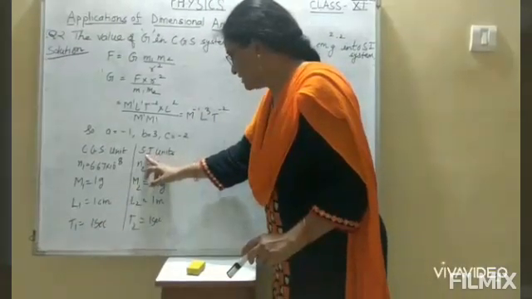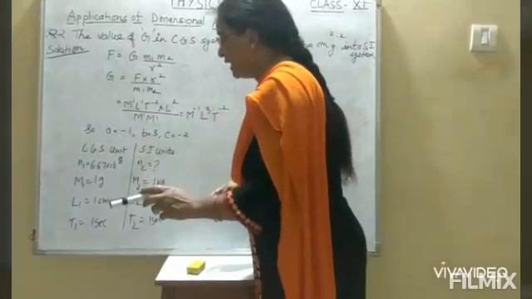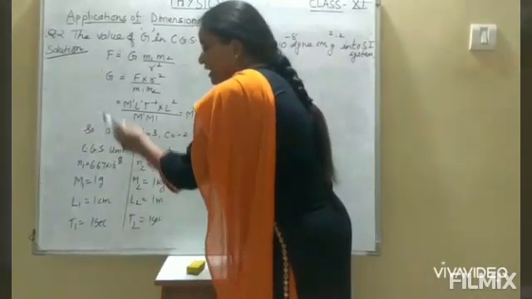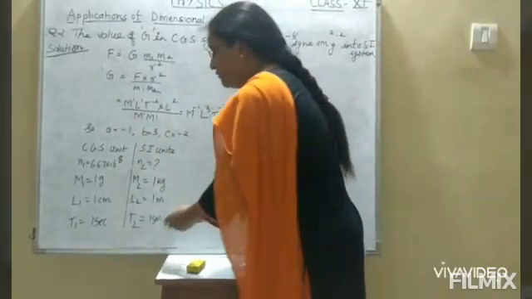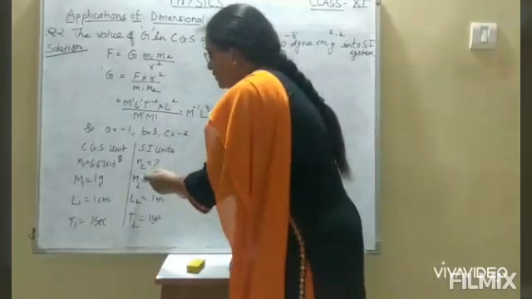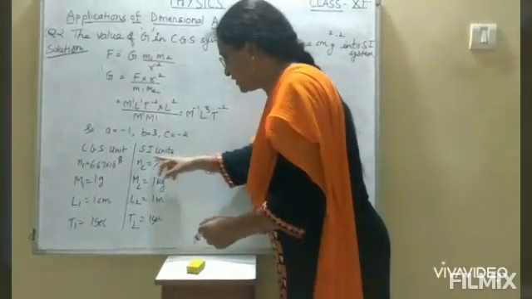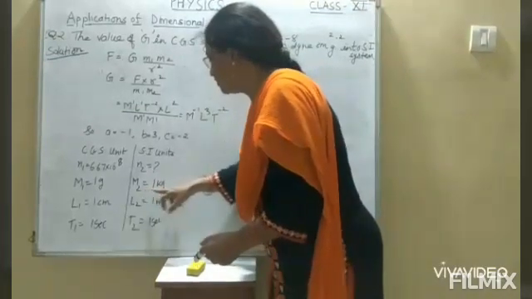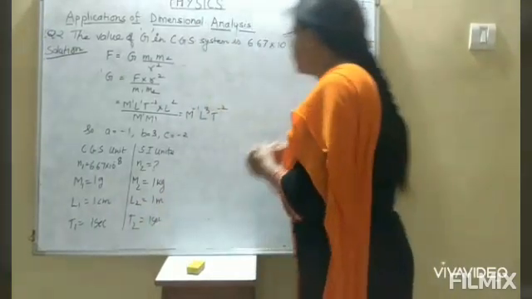Now we will come to the SI system. Students, keep it in mind: in whatever system the question is given, you always write that on the LHS side, and the system you have to convert into, you write on the RHS side. So here we have to convert this value into the SI system, SI unit. So we have to calculate the value of n2. M2 is equal to 1 kilogram, L2 is equal to 1 meter and T2 is equal to 1 second.